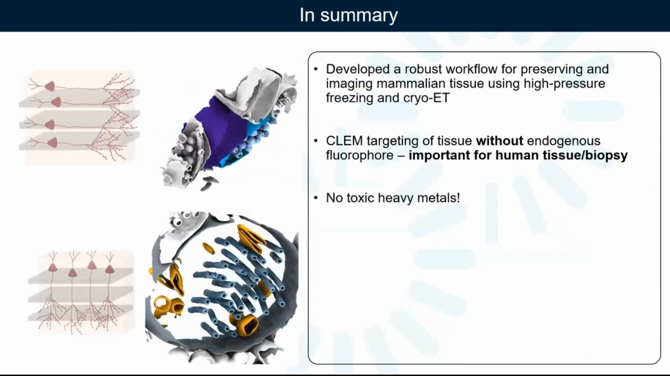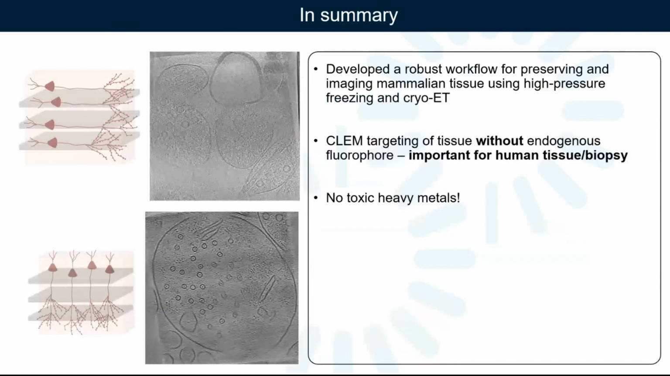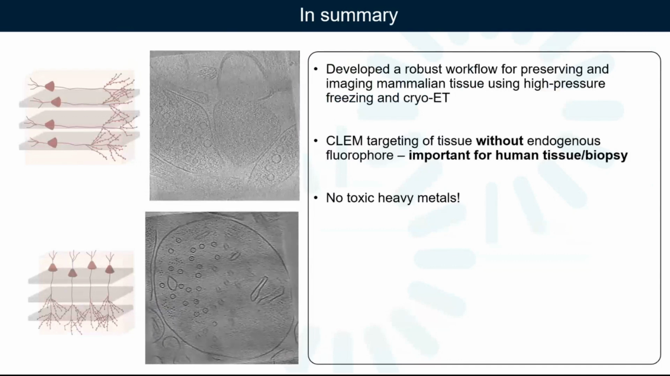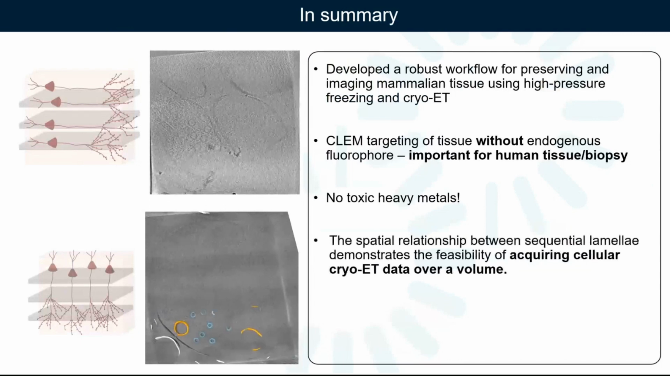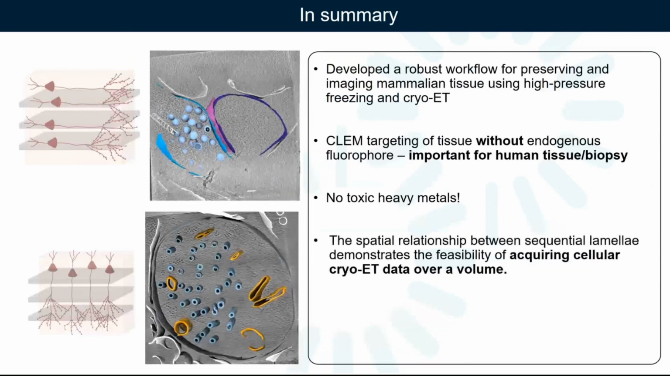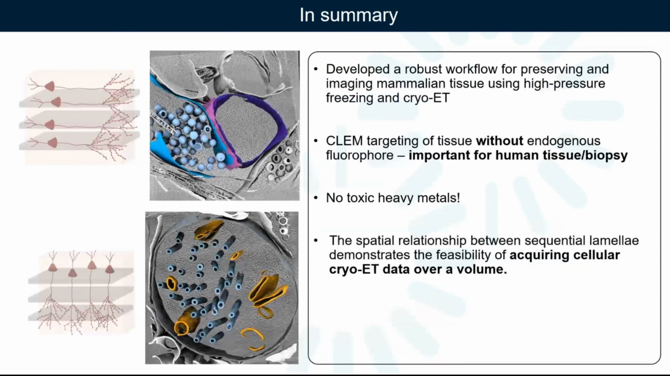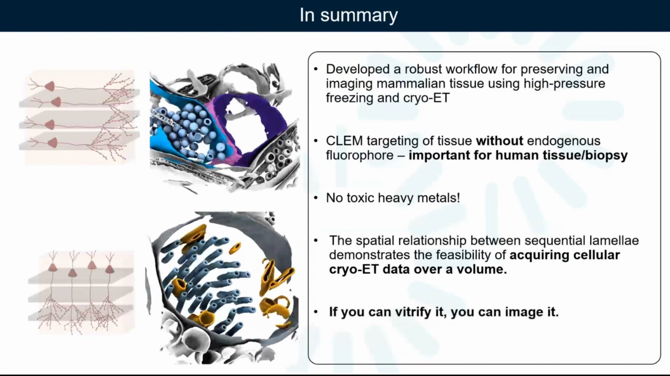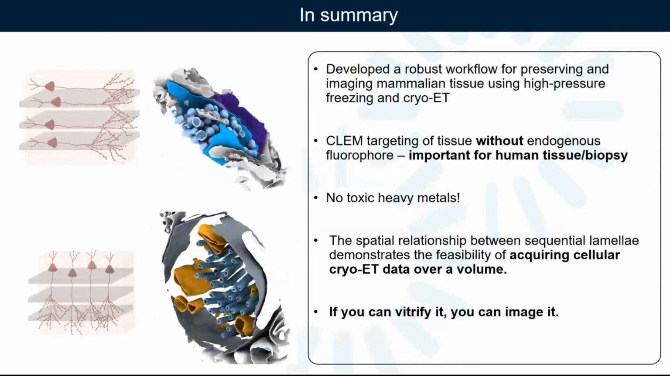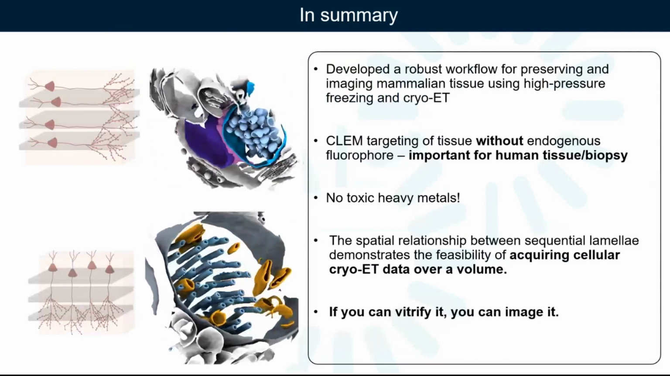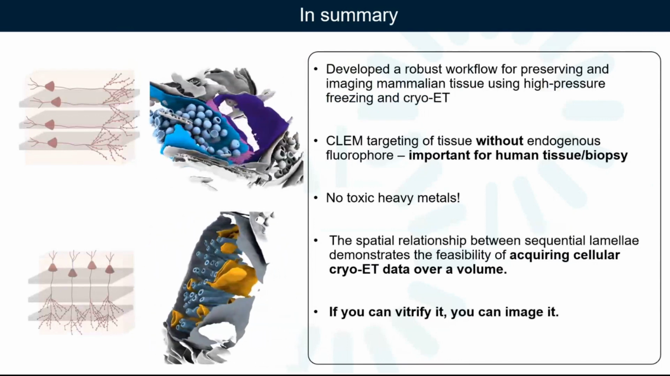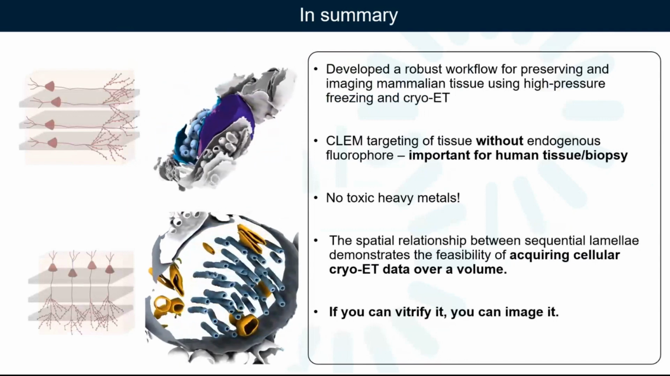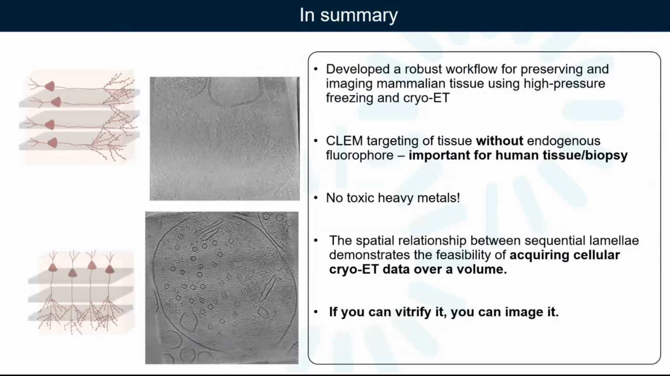We achieve decent contrast without any toxic heavy metals, so it's just ice, which is nice. And again, these spatially connected images from the serial lift-out are acquiring cellular cryo-ET data over a volume. And if you can vitrify it, in my opinion, you can image it. So the main bottleneck is getting your sample vitreous, and then hopefully you can apply these methods and get nice